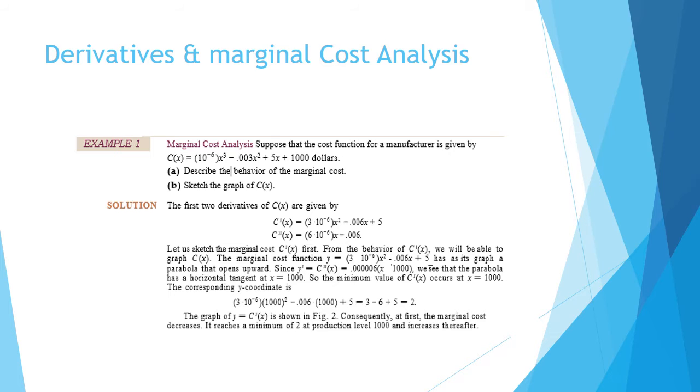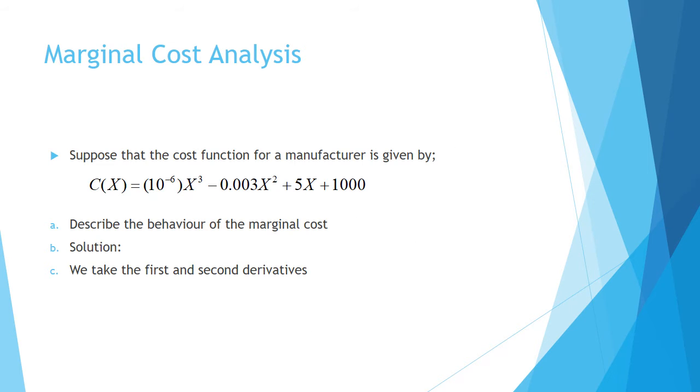Okay. This particular equation, a cost function, is a nonlinear function. So the solution will be that we are going to differentiate. We are going to take the first two derivatives. We are going to differentiate the cost function for the first time, and then differentiate it for the second time, and then determine the value for x, right? So what is happening here is that